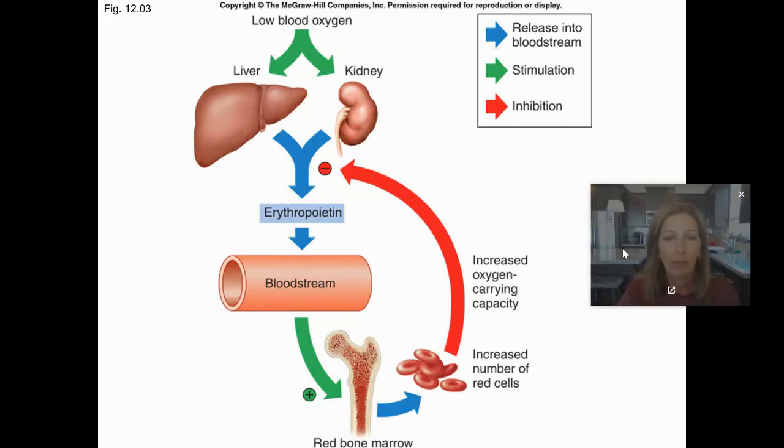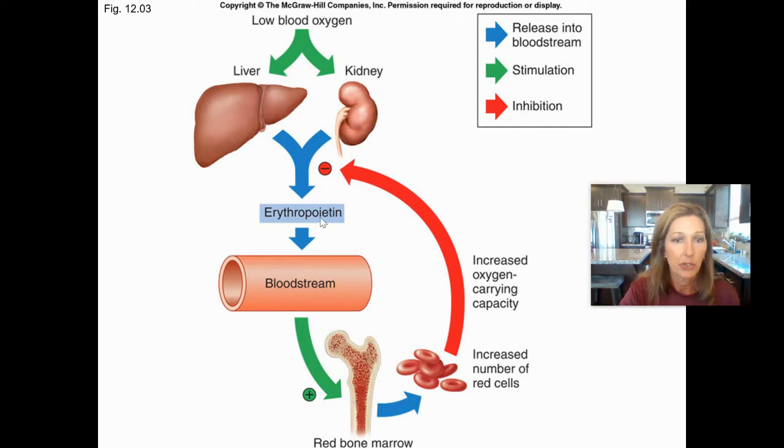Now, in making red blood cells, there's actually a hormone that is released in your body when your red blood cell count is low. So if you are somebody who's ever donated blood, if you went and you donated a pint of blood, what is going to happen is your kidneys and your liver are going to actually sense and recognize that your red blood cell count is low. So they're going to secrete a hormone called erythropoietin, also known as EPO,